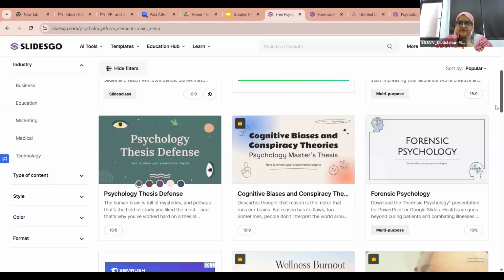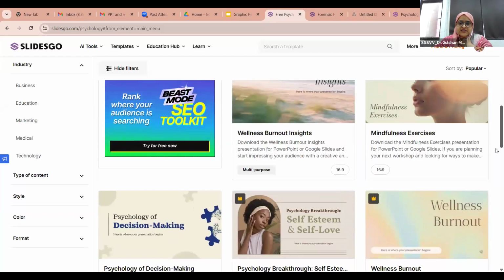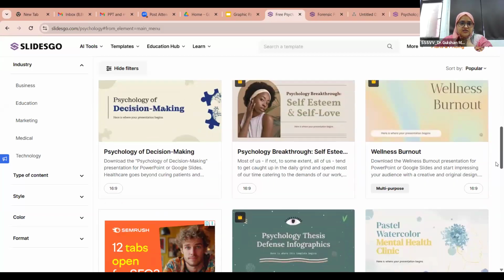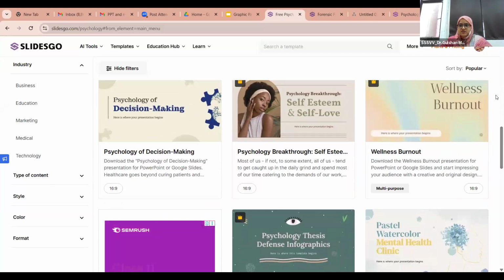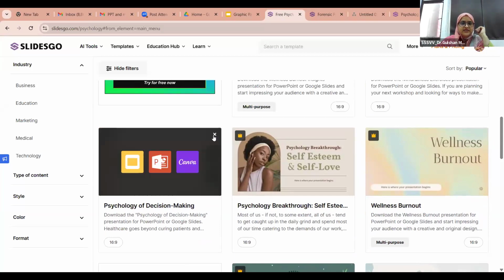Yes, so we were here, and if you want to download an already created slide, then just simply click on the download option. Like here, a slide is given, the psychology of decision making, and here you can see the option of download. Click on it, and it will start downloading. And again, it will ask you how you want to download it.